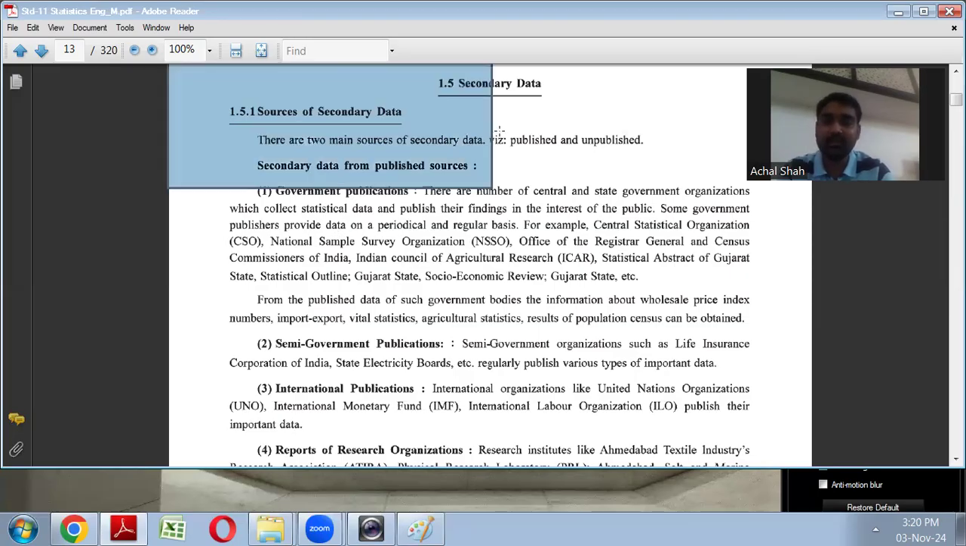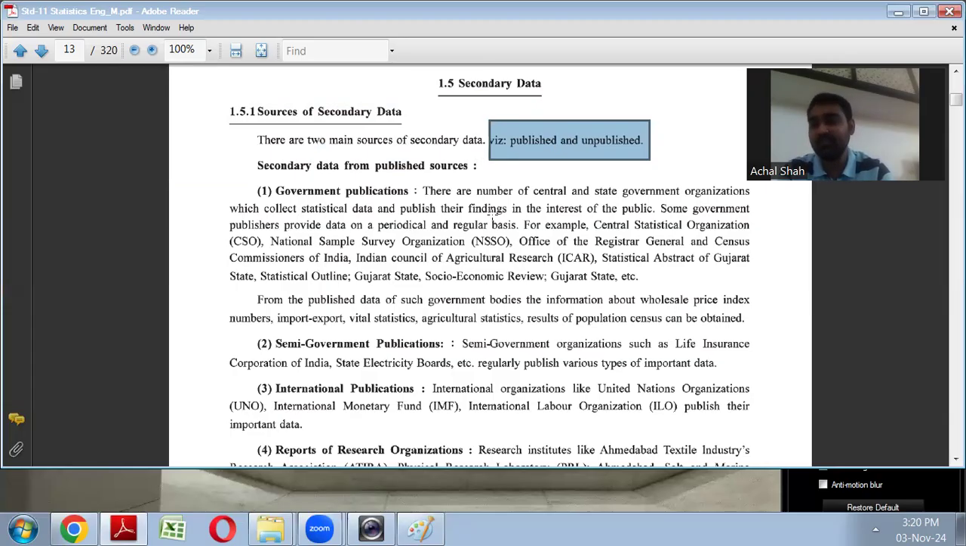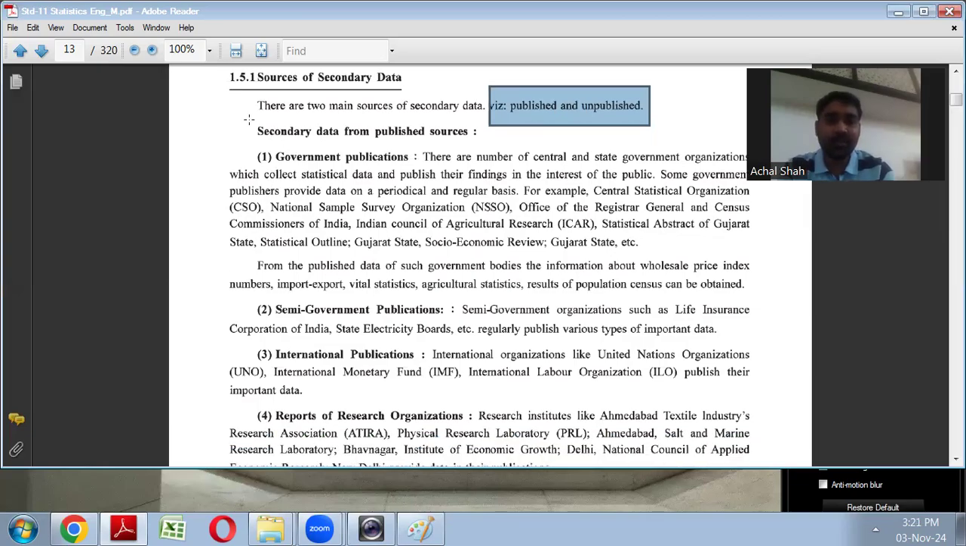So it could be like any published data or any unpublished data also. Published data means which is publicly available, and unpublished means which is not published, which is private, which might be available from their own private records of the company or any institute who has collected the information. Now, what are the secondary data which can be available from published sources? So in that, first is